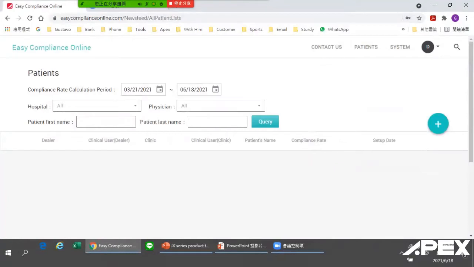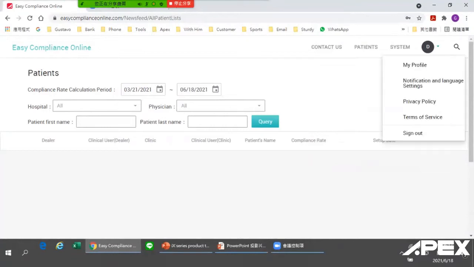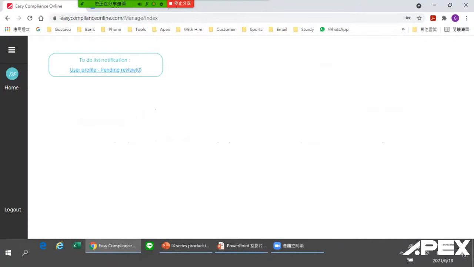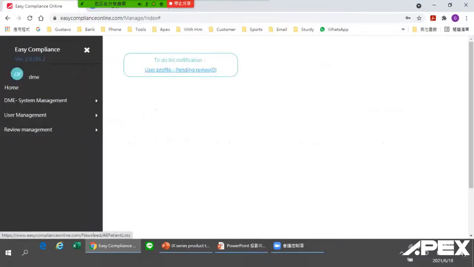So this platform from the dealer and the distributor are quite similar, except that the functions will be a little bit different. Now our next step is to create dealers' clinical users. So we come to here, the system area. We click the bar icon,